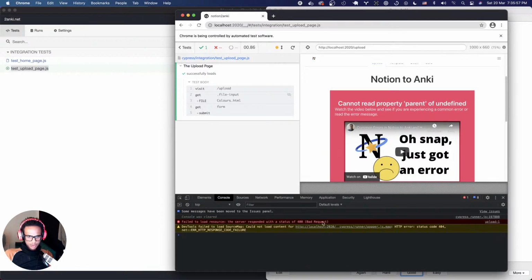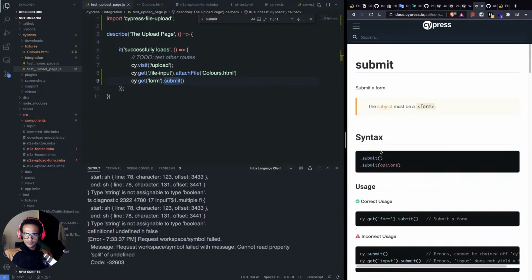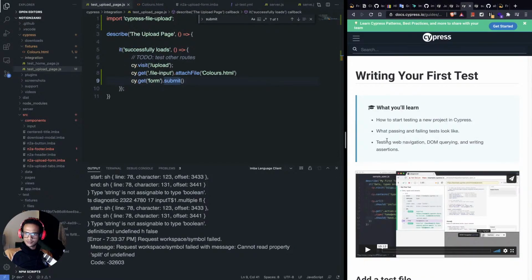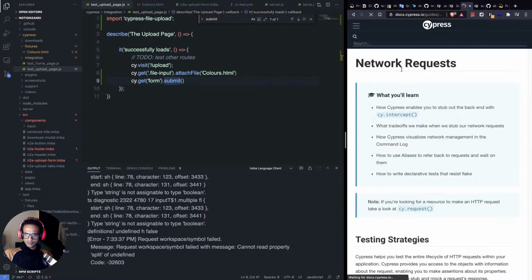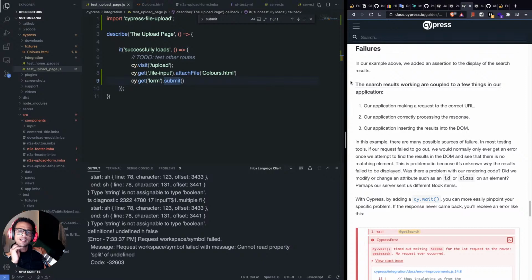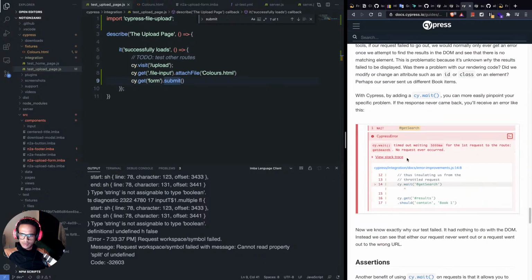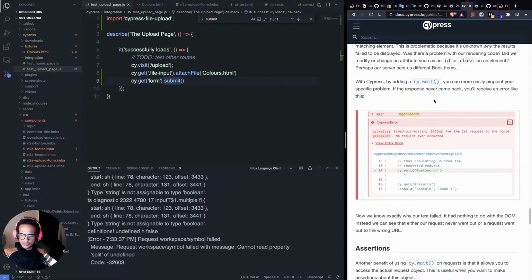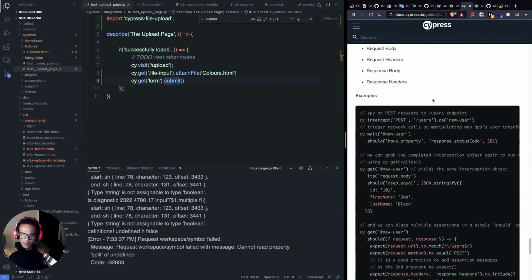Failed to load the resources. Server responded with this. Failures. In our example above, we added an assertion to the display of the search result. Search results working are a couple of things and blah blah. With Cypress, by adding a COIT, you can raise the pin. If there's... so maybe we have to use the